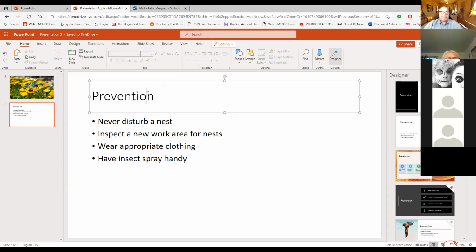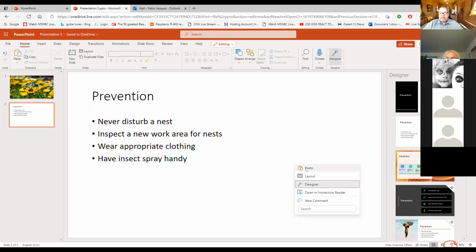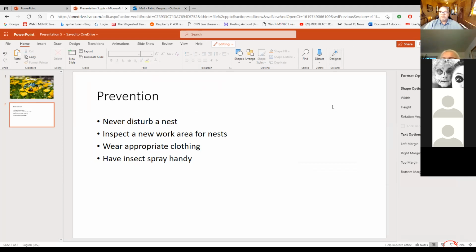Same thing with this, with the title also, we can do the same thing. Let's put it like that. So we can create our own type of slides if we want to, the layout. Insert pictures. Just something here with this. With the bee